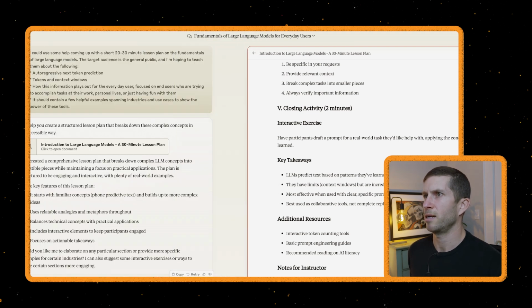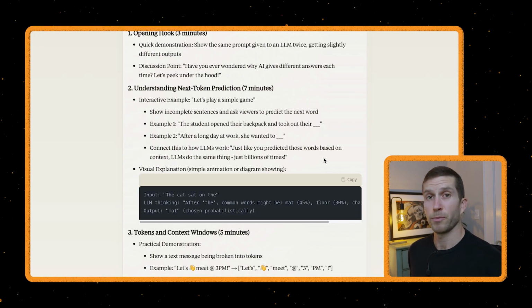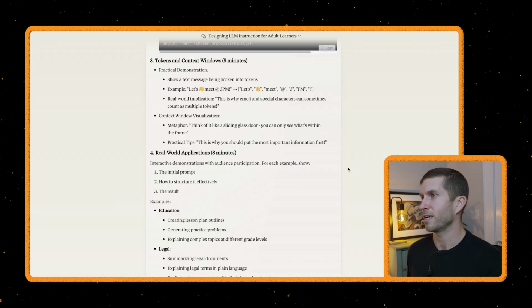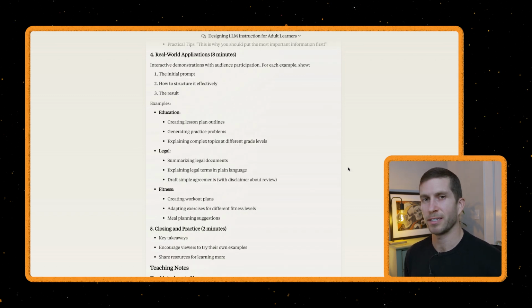If we go back to that other chat, the examples are much more detailed. They're focused on the things that it asked me follow-up questions on, right? Like I said, education, legal work, the fitness industry. So it's going to give more examples along those lines. I think that the practical demonstration is pretty funny. It's like using emojis and stuff. There you have it. It sticks to the examples that I requested,